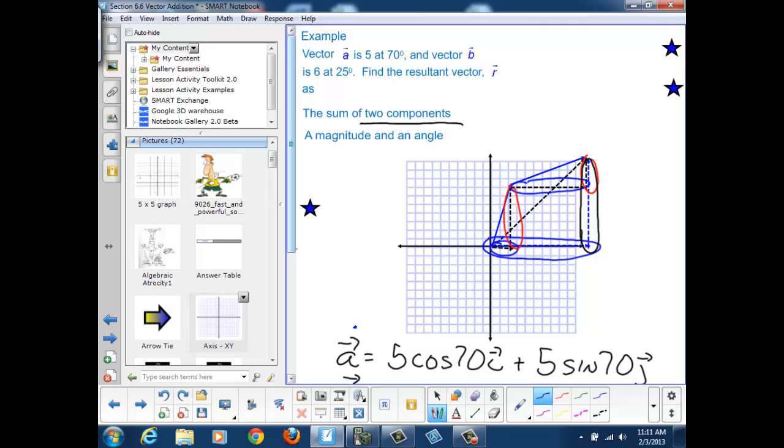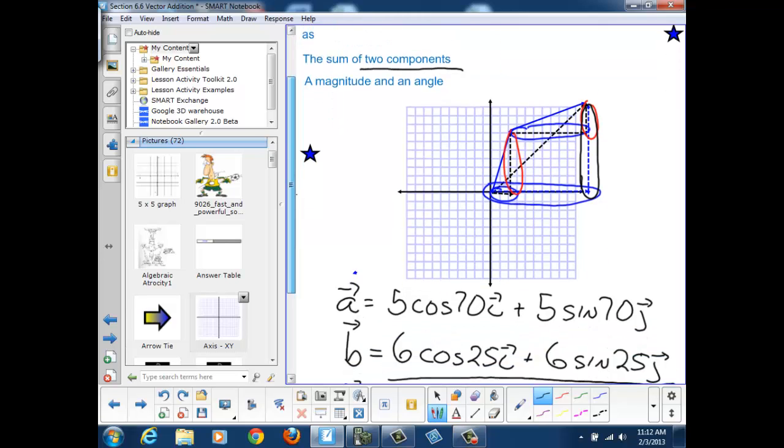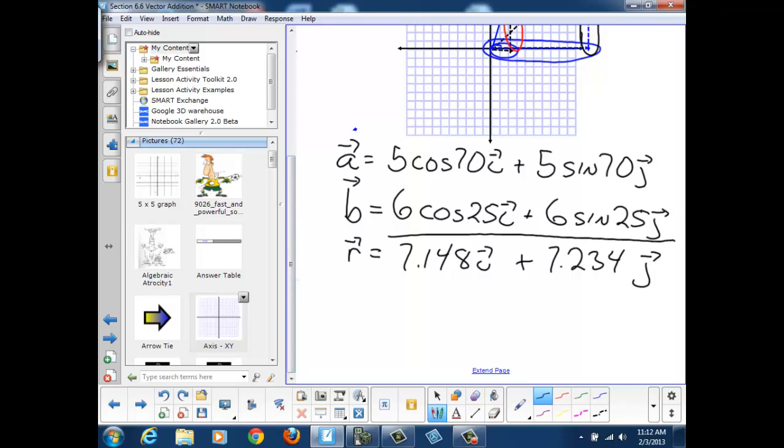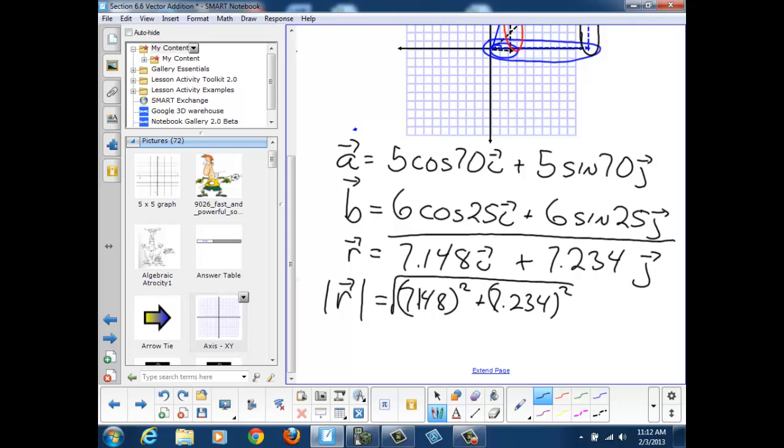Now, to find the magnitude and angle, what we recognize is that those two components, again, are the sides of a right triangle. So we take these, and to get the magnitude of R, it's just like finding the hypotenuse. So 7.148 squared plus 7.234 squared, square root,